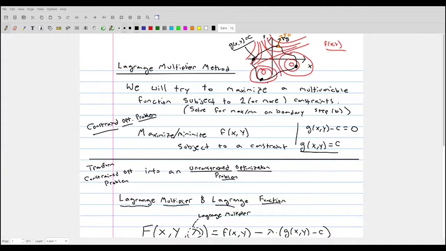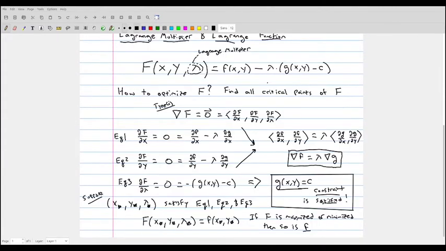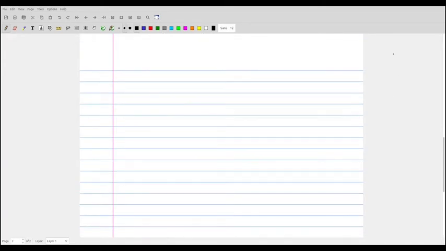So let's see how to do this for a couple of different examples, and we'll see that this is a very, very powerful method for optimization. So what we'll do here is pull in the example that we started with and we used in the optimization lecture to show that this is a new method that's giving us the exact same answers that we got before. This is the example of maximizing and minimizing the function